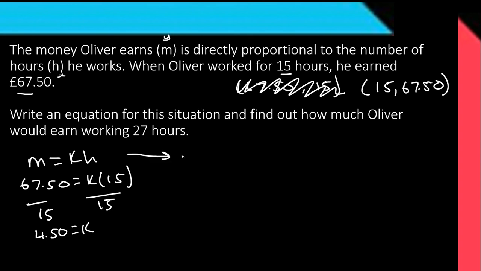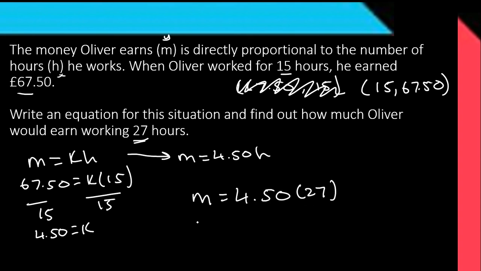Don't forget to write the equation. So the money he earns is £4.50 per hour, which we would times by H. And this is the equation. The question wants to know, well, now that we know how much he earns per hour, how much money will he make if he works for 27 hours? So we just substitute that in as H. So M equals 4.50 times by 27,